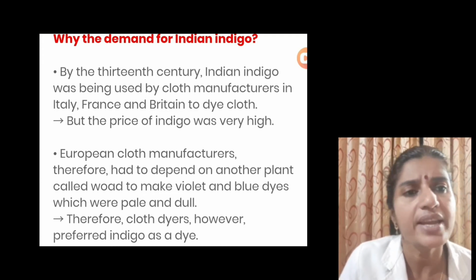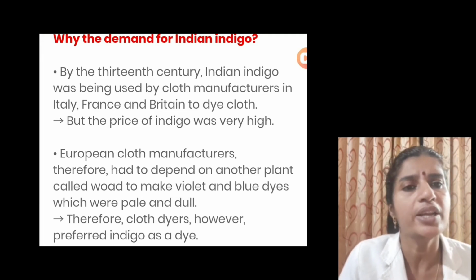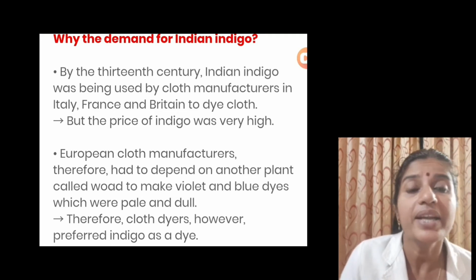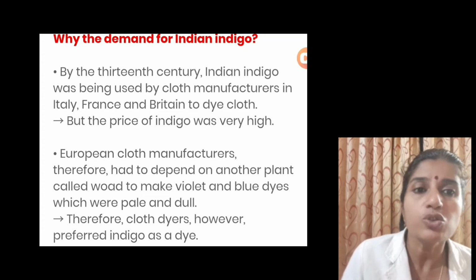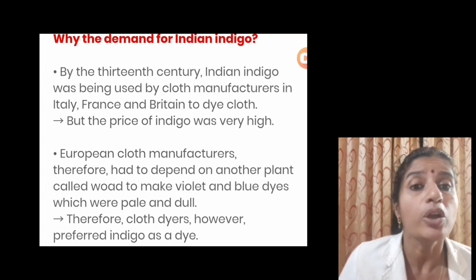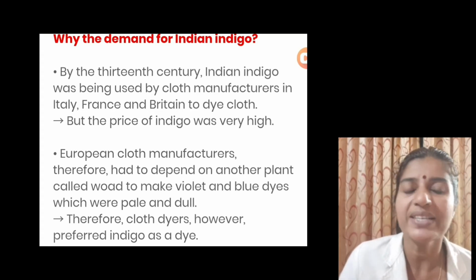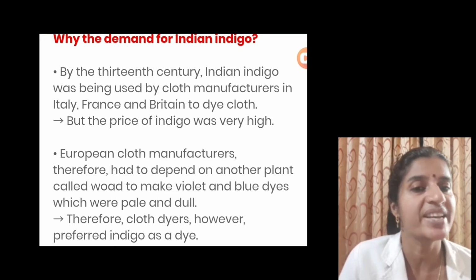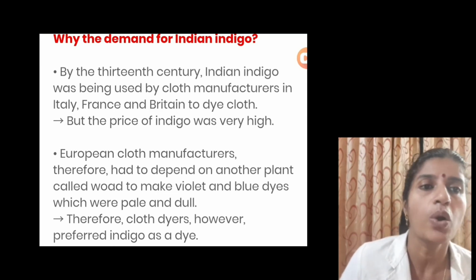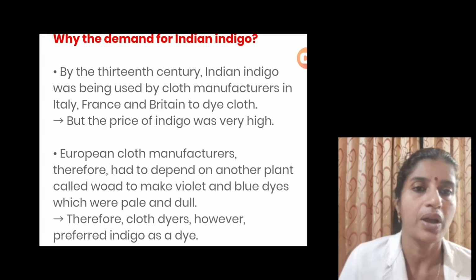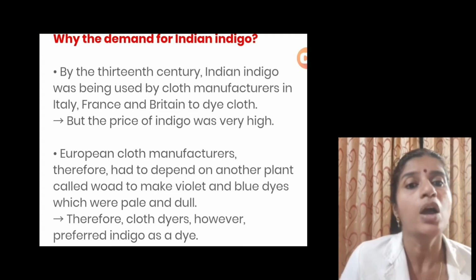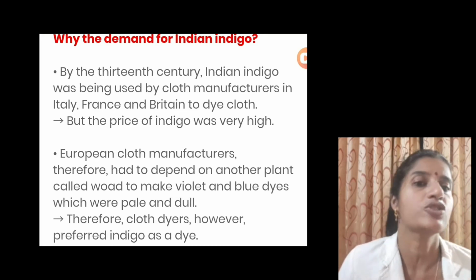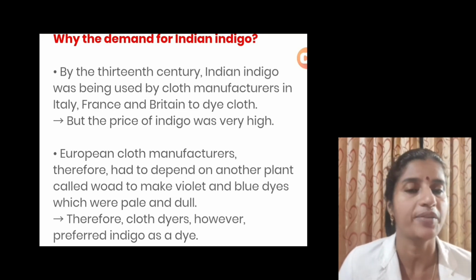By the end of the 18th century, the demand for Indian indigo grew further. Britain began to industrialize and its cotton production expanded. So there was enormous demand for cloth dyes. Between 1783 and 1789, the production of indigo in the world fell by half. Hence, faced with a rising demand for indigo in Europe, the East India Company in India looked for ways to expand the area under indigo cultivation.